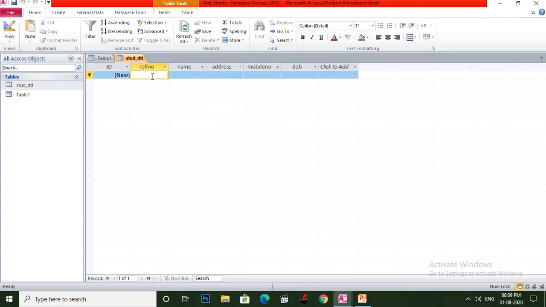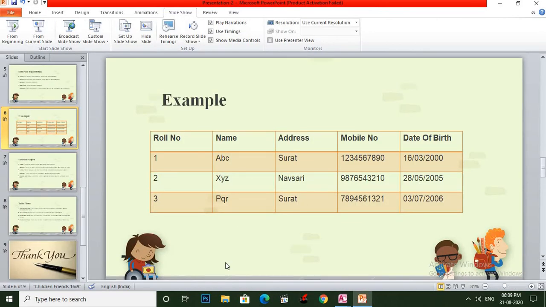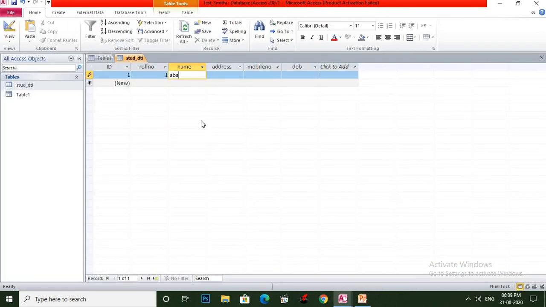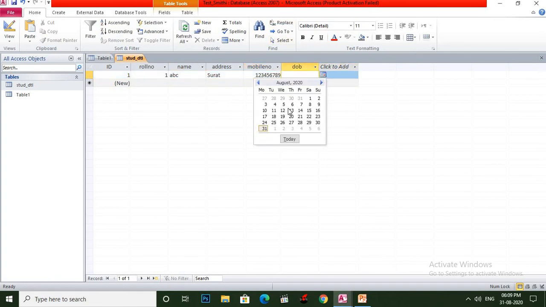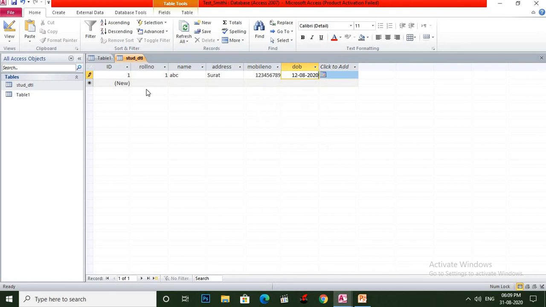So I here write roll number 1 with ID 1 and its name is ABC. So I write here ABC, address Surat, mobile number 123456789 and DOB. I click here. Suppose I select this. Now suppose I want to insert the next record.